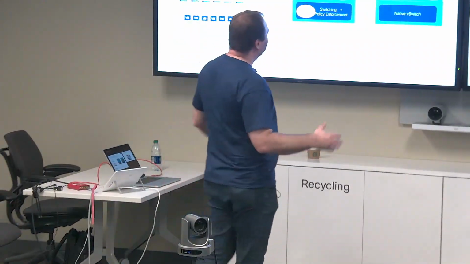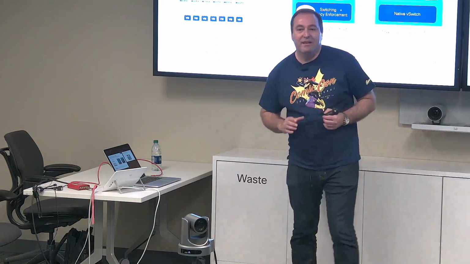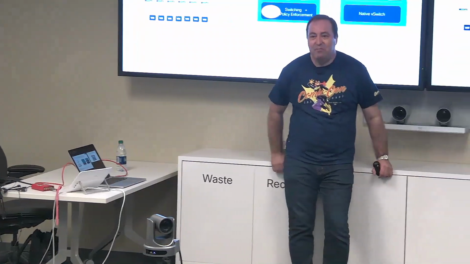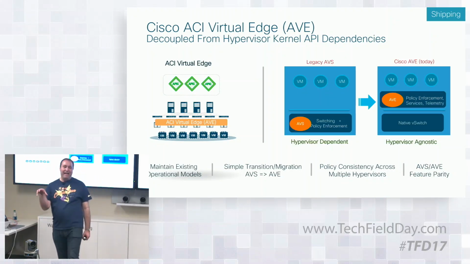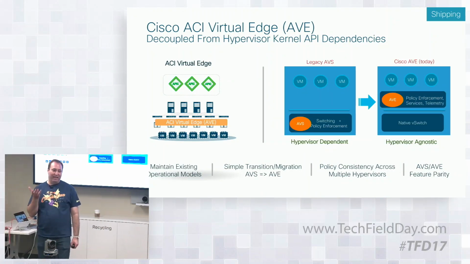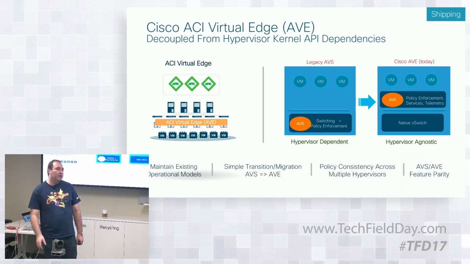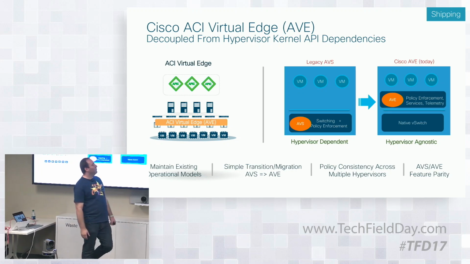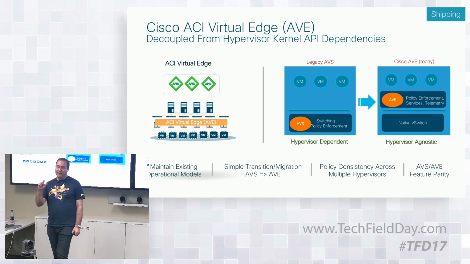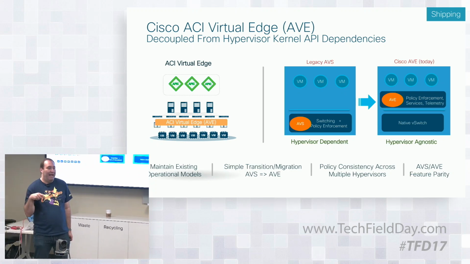Yeah. So then, now to something a little different. Our friends at VMware closed out a couple of APIs on us and drove what used to be the Nexus 1000V and AVS out of the hypervisor. So we always had a plan of being hypervisor agnostic. This just brought the plan into fruition a little faster. So basically what we have now, and it's shipping, is what we call the Cisco ACI Virtual Edge, or the AVE. I'll spend a couple of minutes on what that is and how it works.